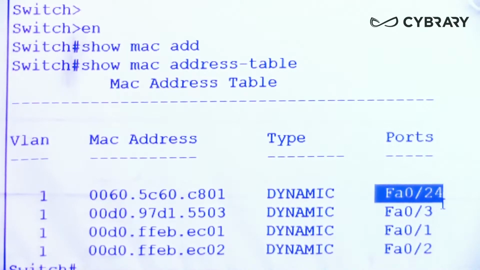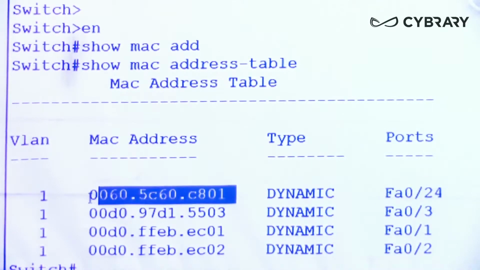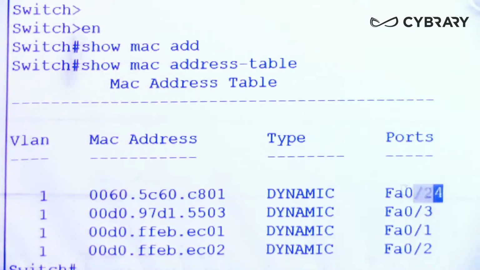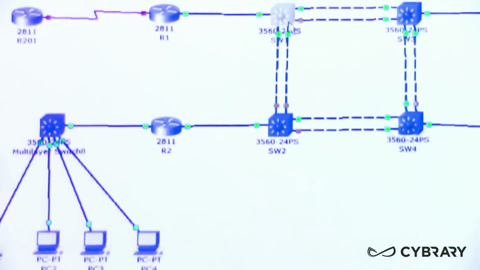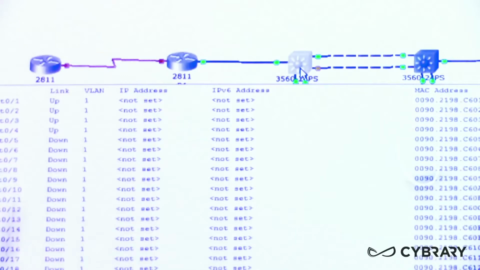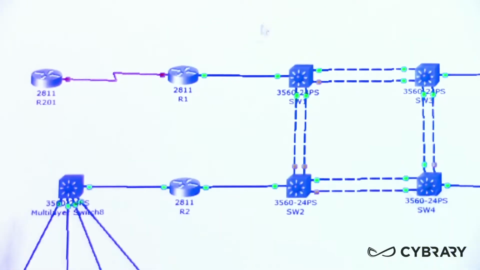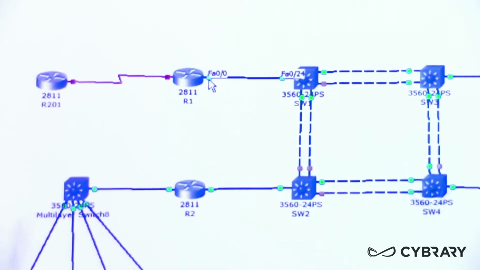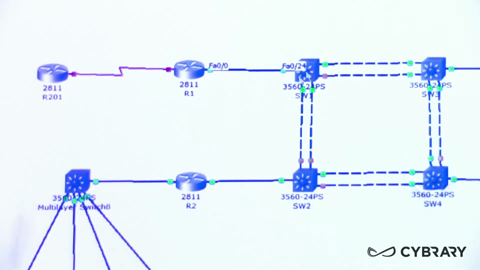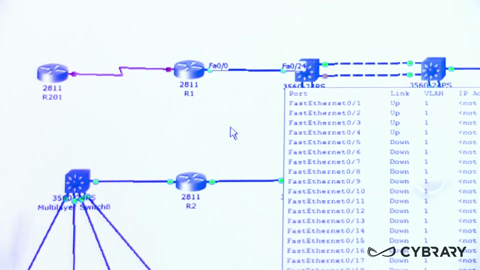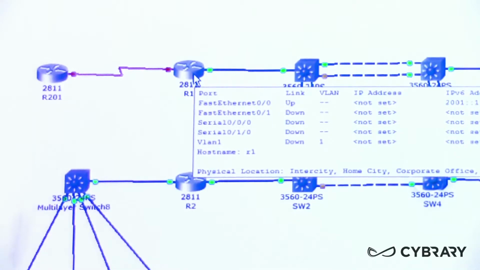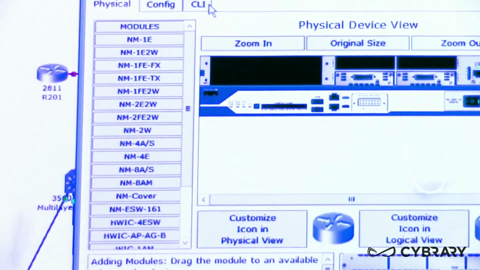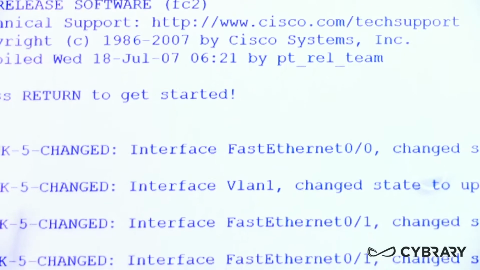Now, what if we're suspicious that this really is the MAC address of the device connected to FA 0/24? Well, as I said, router 1's port FastEthernet 0/0 is connected to switch 1's FastEthernet 0/24. So let's make sure that the MAC address learned on port 24 on switch 1 is actually that of router 1. So I logged into router 1,